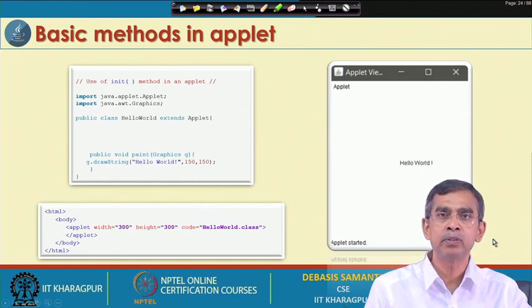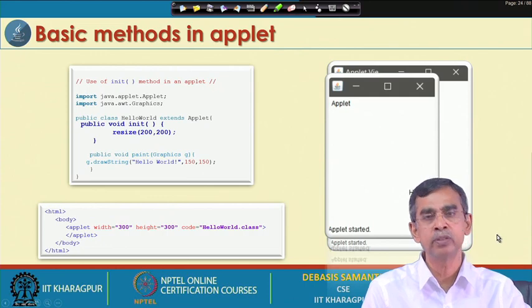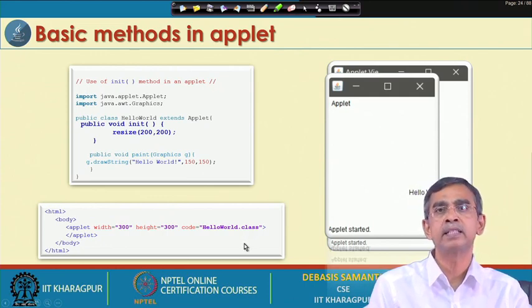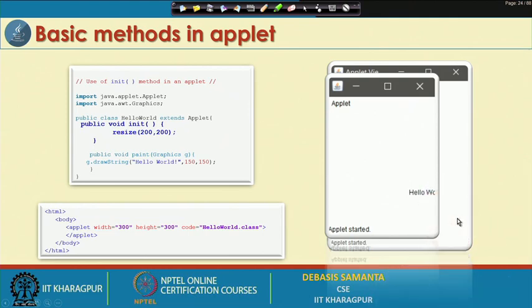But if you use the resize method, that means this code is used, and again you use the applet in the HTML file, then the applet will appear with the smaller size. So, resize basically allows a programmer to control the size of the applet. So, this is one example of the use of resize in the init method.